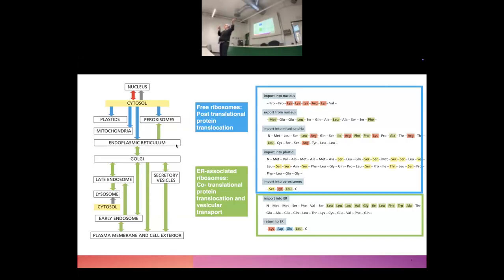We will speak about that one when it comes to targeting of the ribosomes to the nuclear envelope. So in the SRP, there is also this RNA. And when the SRP binds to the signal sequence of import to the ER,